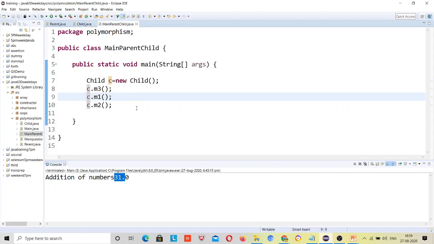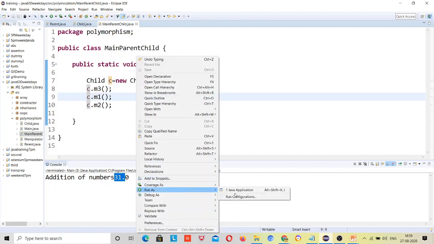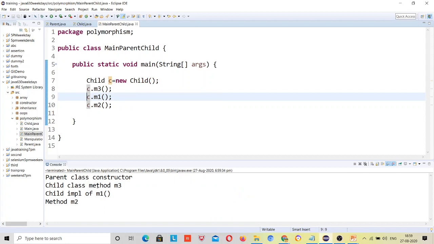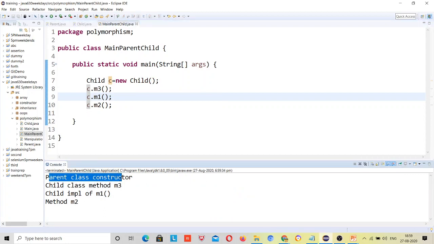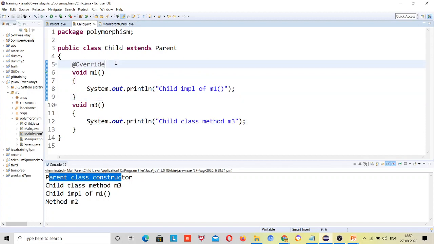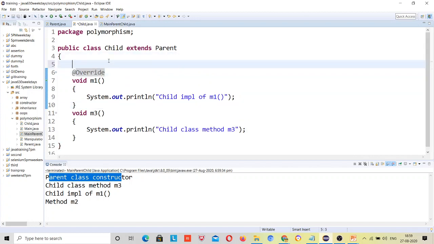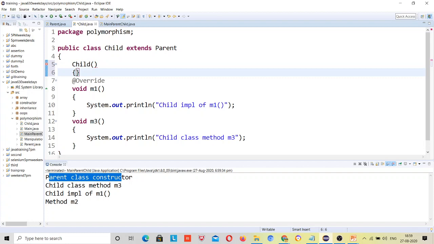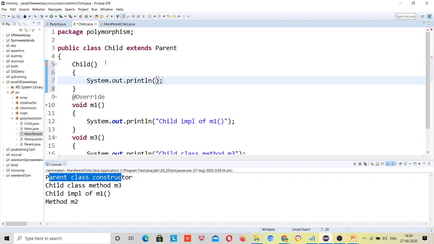Okay, now this has provided its own implementation. Now what output will it give? You can say parent class constructor first, because the child class also has a constructor. Let me write it first so that the rules will be clear: child class constructor, right?